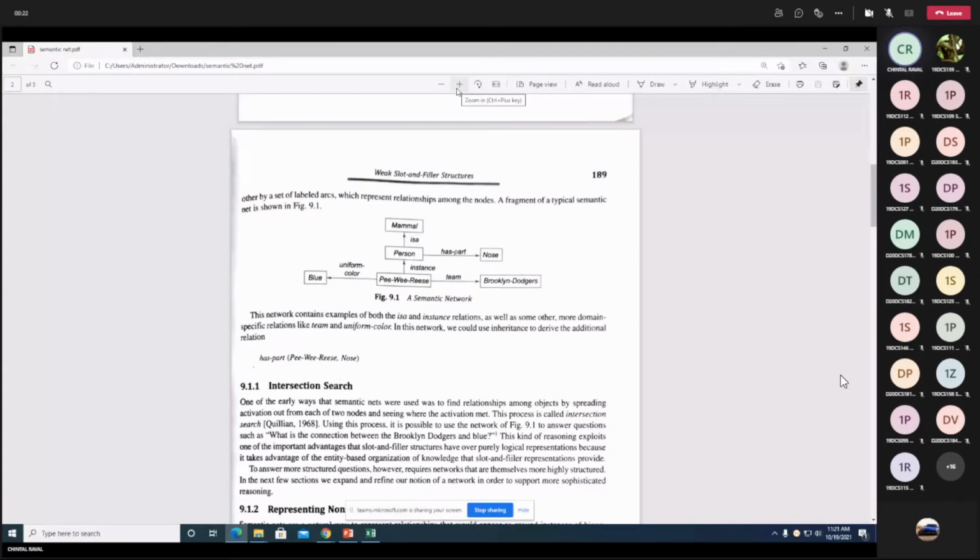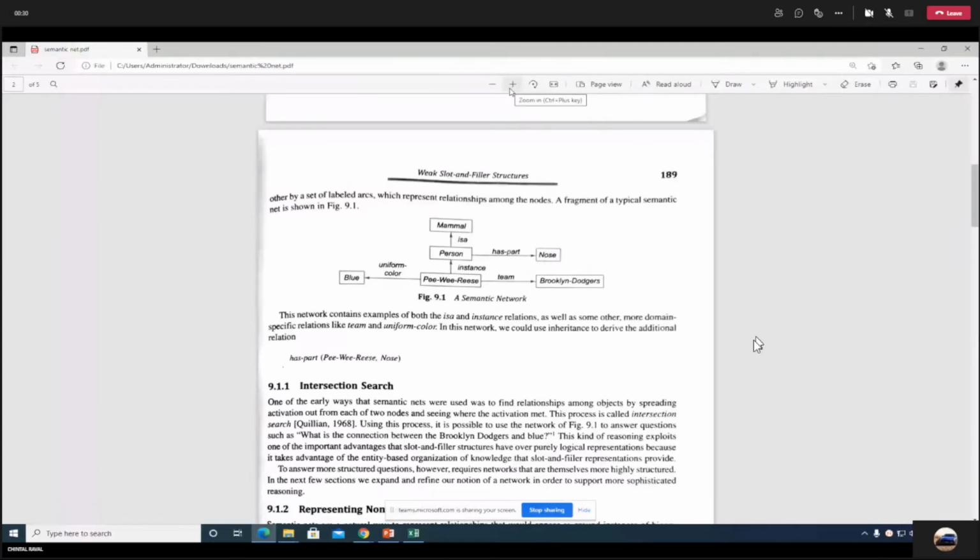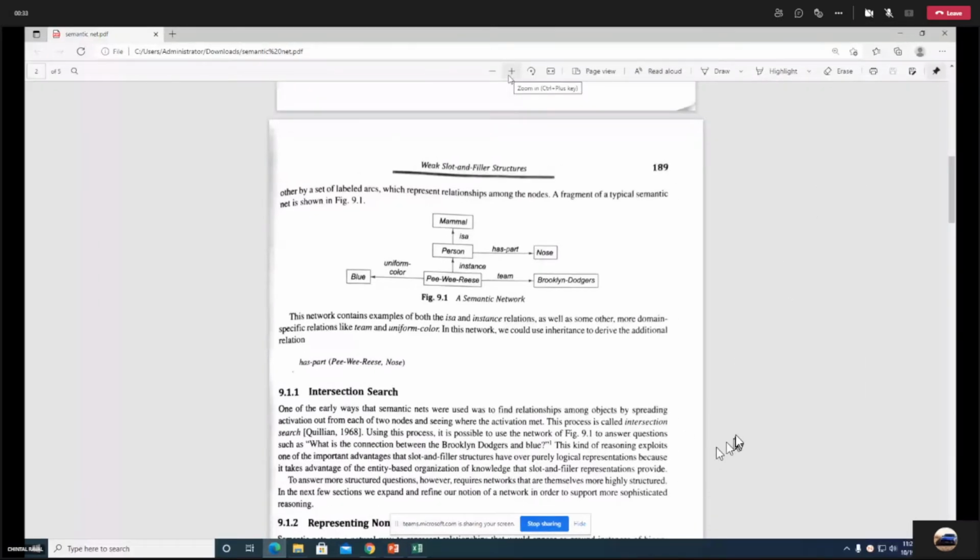There is going to be labeled arcs. So what are labeled arcs going to do? As you see, a labeled arc is initiating from the class person and is terminating at class member. The label of this arc is is A. So these labeled arcs would be containing attributes.